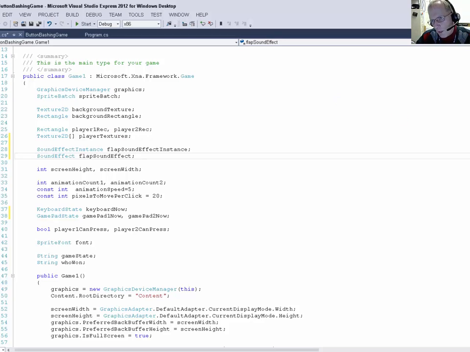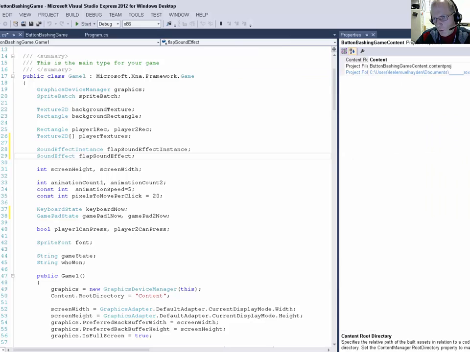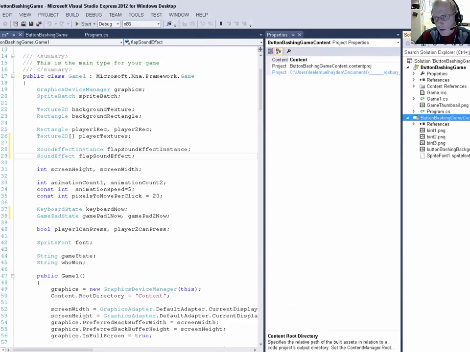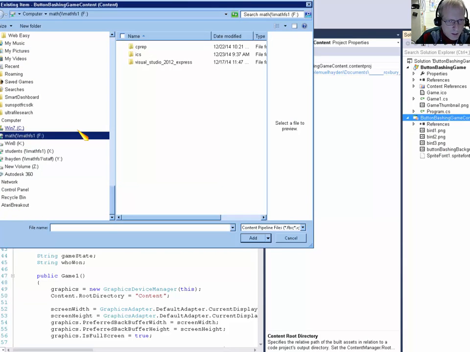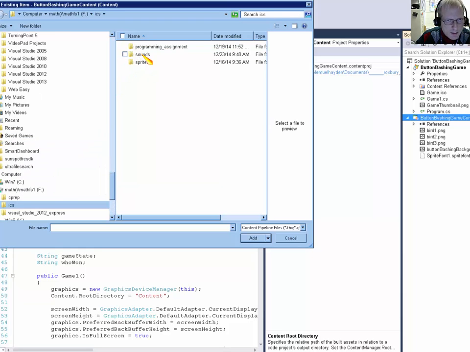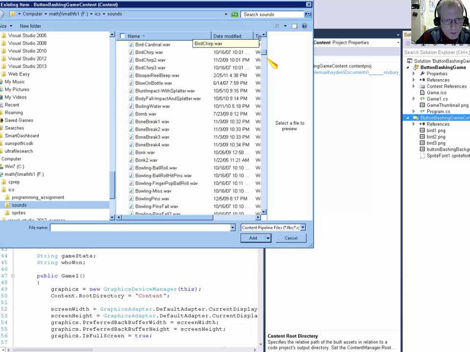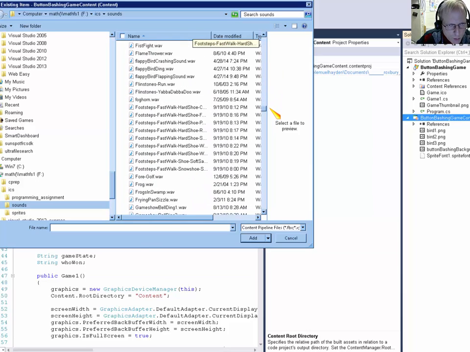Alright, so now I need to go and add the WAV files to my content folder. So I go over to Solution Explorer, right click, oops, no, you can't see that. Let me move this over there. Now I think you can see it. I'm going to right click on Add Existing Item, and then I'm going to browse the F drive over to where I have ICS sounds, and then I'm going to go down to Flappy Bird flapping sound,